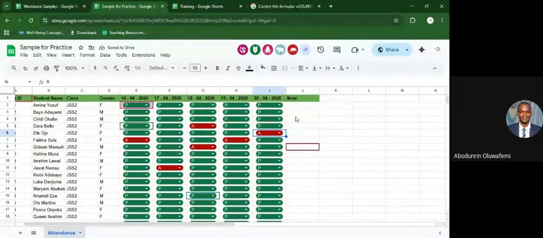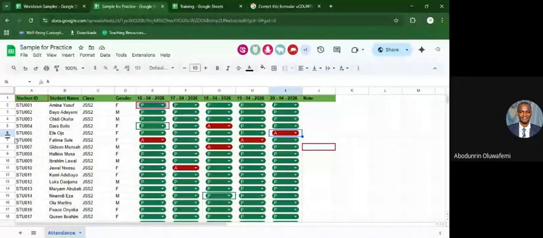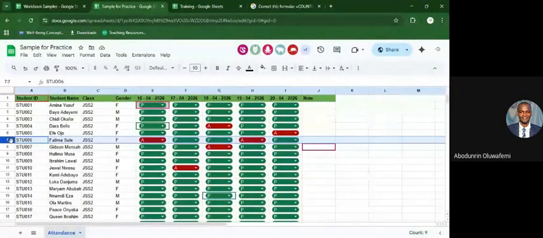So now you can see, once I open this spreadsheet, immediately I will notice that Fatima Sule was absent for 2 days in a week. That is something I need to flag up immediately. But without this color, it may be difficult for me to see absent or like that. I might have to strain my eyes to start searching for who is absent, who is not absent. But with this color coding, almost immediately, I will be able to identify those who are absent. And I can look at it both horizontally and vertically. So horizontally, I could see that Fatima Sule is not in